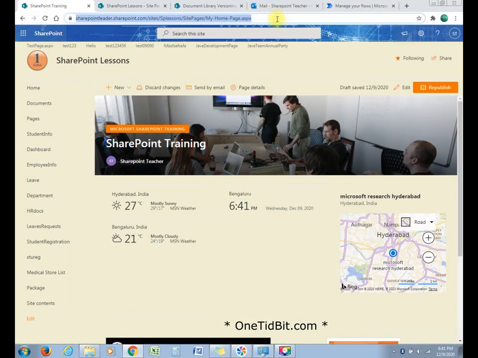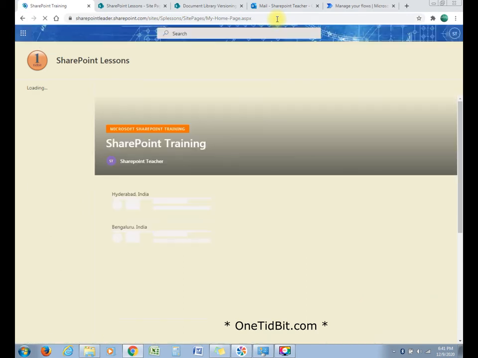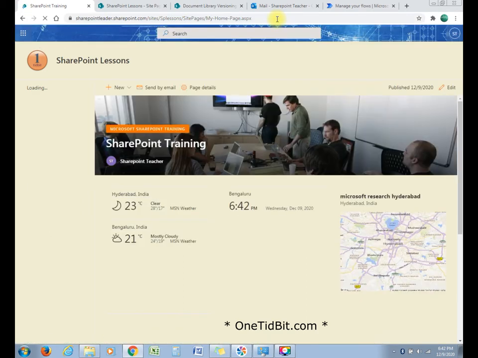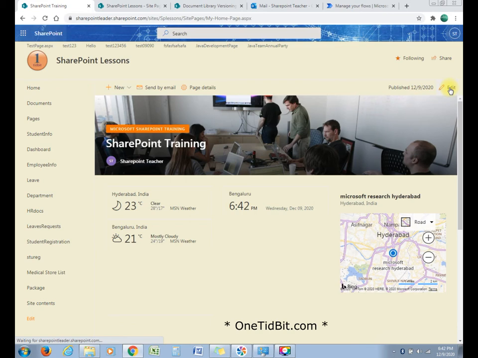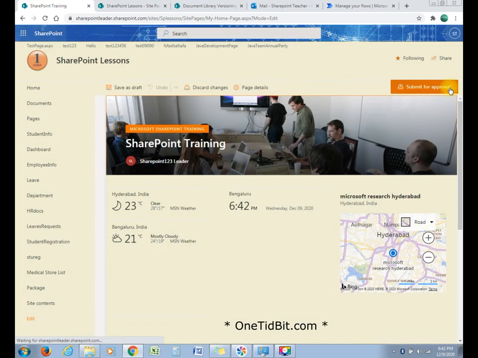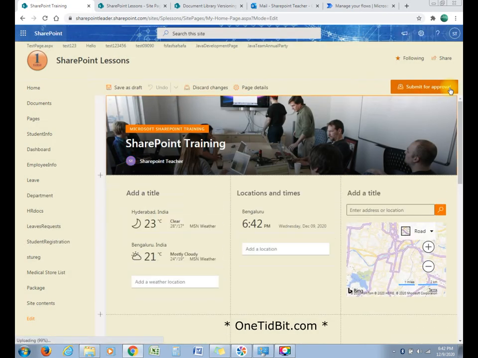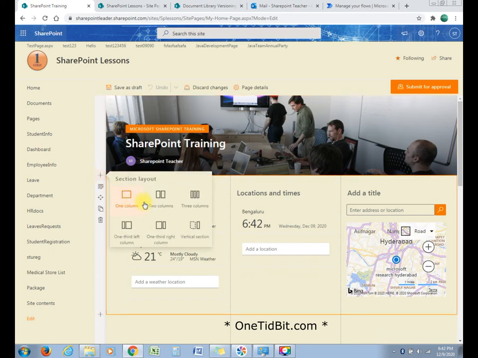Let's refresh this page and let's make some changes. If you click edit, you can observe this Submit for approval button. Let's do some quick adding of items here.